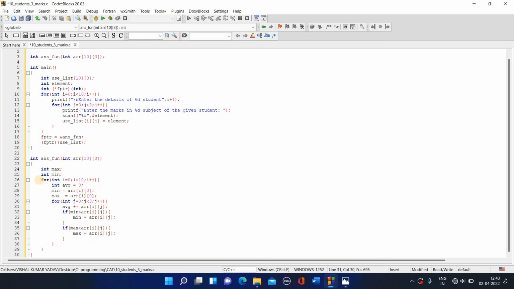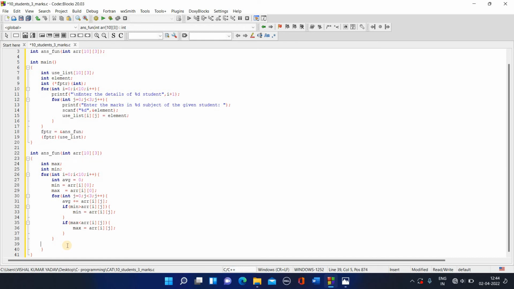Okay, so till now, this entire code will give me the minimum, maximum and average value. Now the only thing left for me to do is to print these values. So let me print it. Printf, backslash n, the student